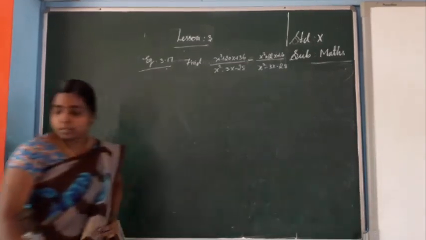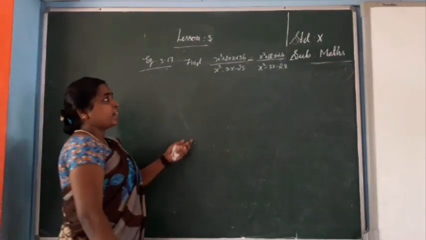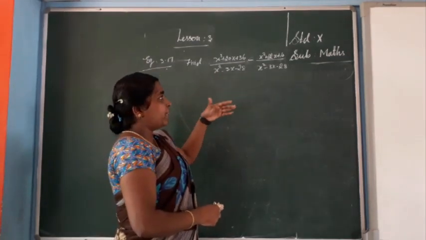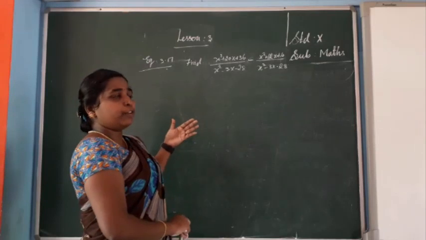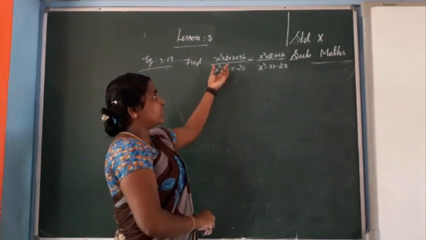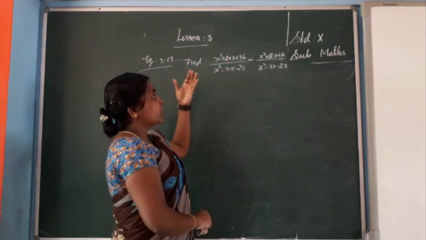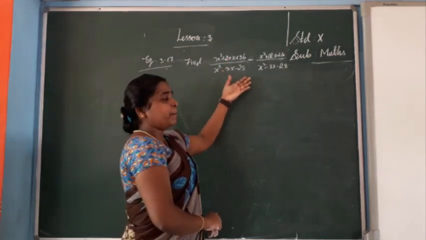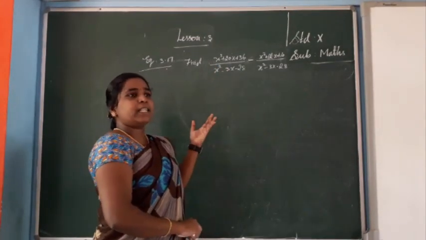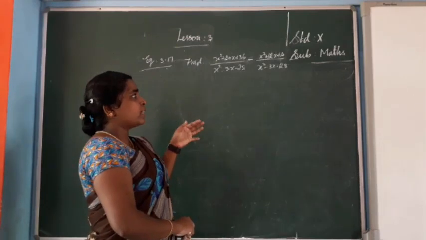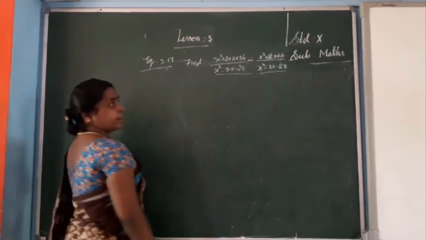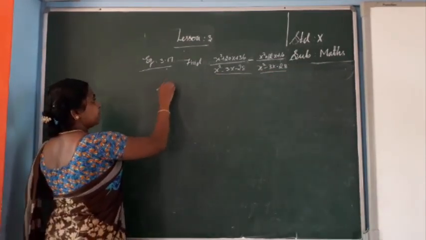If you know factorization, this is very easy for you. At the beginning of the class I gave some basics. That's why I told you, when you are subtracting fractions, that is p of x by q of x, you see the denominator first. If the denominator is the same, we can subtract directly. If the denominators are different, you have to take the LCM. Now the denominators, both are the same, so I am going to subtract the values.